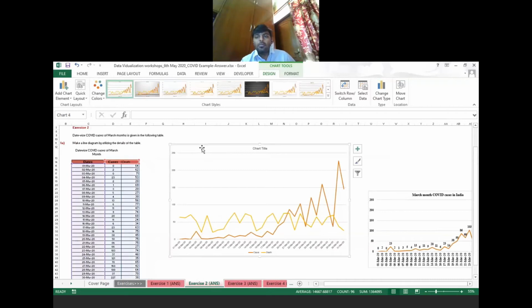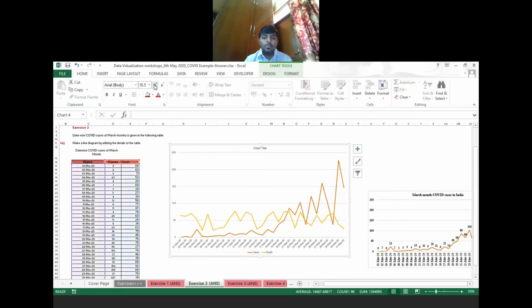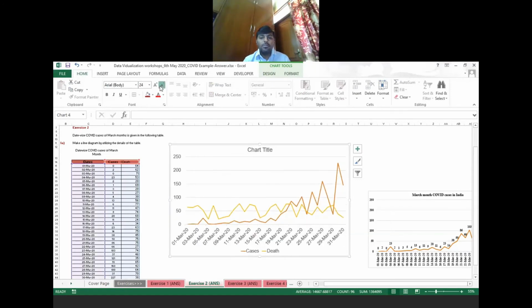See, this is your new chart. Again, we have to follow the same sequences. Now we have two lines. One is for cases and the other one is for deaths. See, at the bottom of the chart, we have a legend also. If you want to increase the font size, we can increase it from here. So it is clearly visible in the legend option that we have two lines. The red one is for cases while the yellow one is for deaths.